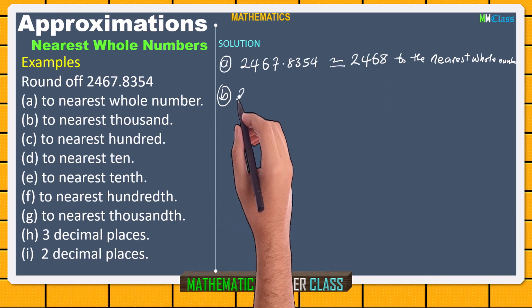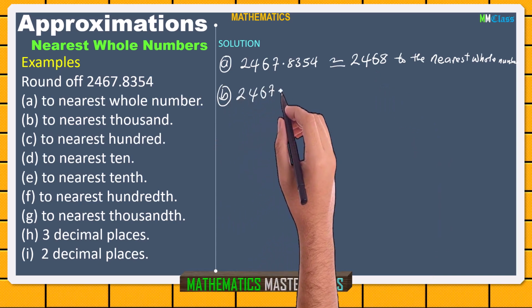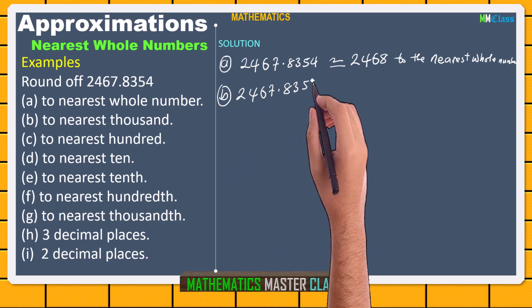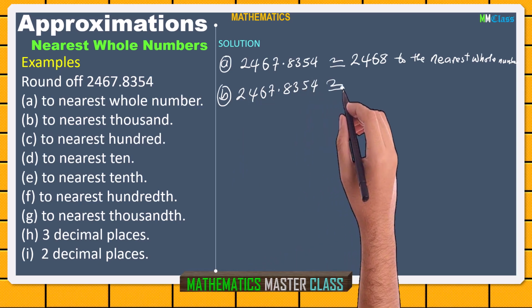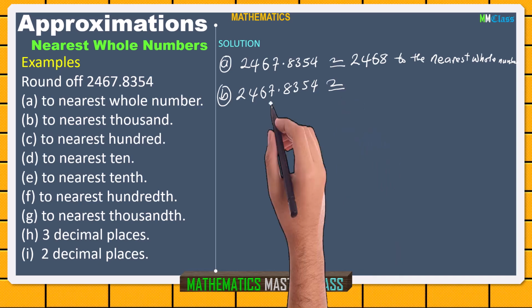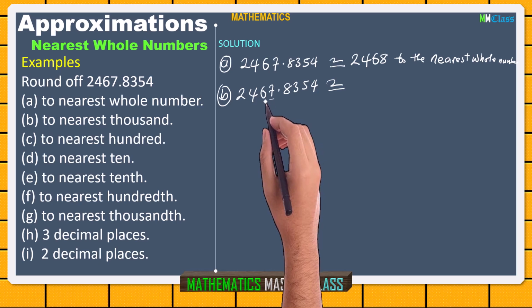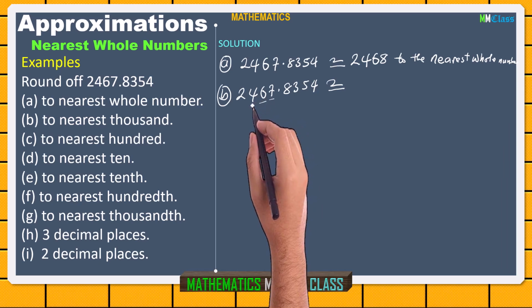The same number, 2467.8354, to be approximated to the nearest 1000. So we know that 1000 has 3 zeros, and this number will be turned to 0, this number will be turned to 0. Before we turn this one to 0, we must consider the number. Is it a number to round up or a number to round down? It is a number to round down. So we ignore it and write